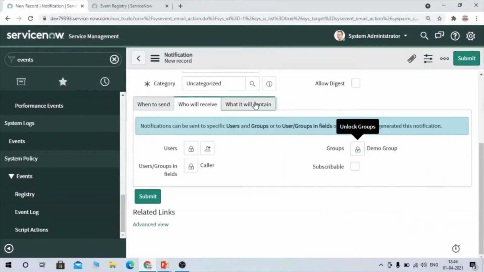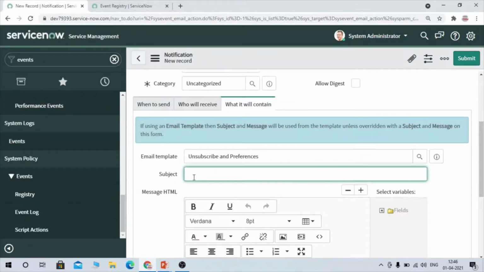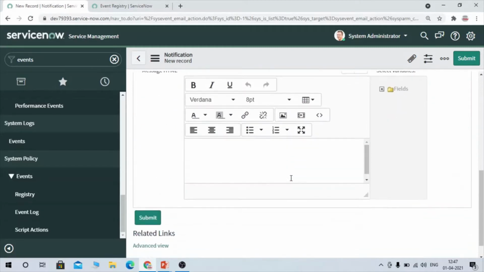Okay, and now what should this email contain? So it should contain the number of that incident. So by using dollar you can define, you can paste the number, so it will paste the number of that incident. And here I want to write incident has been created. Okay, and here I am going to define hi team.